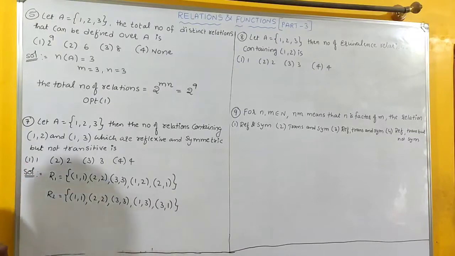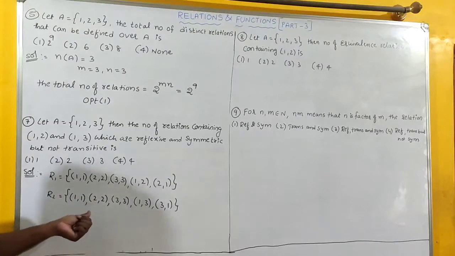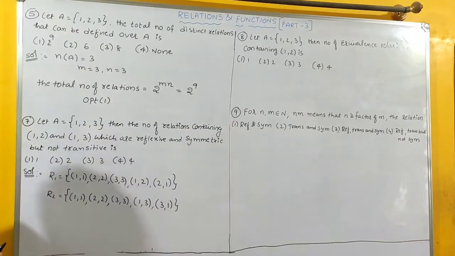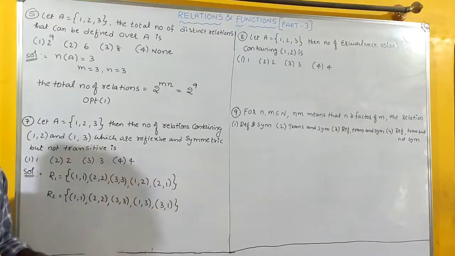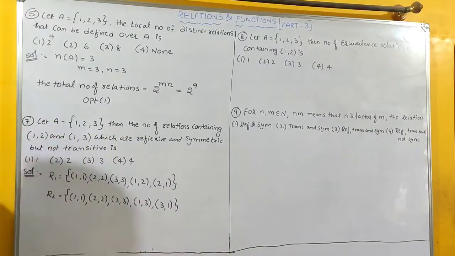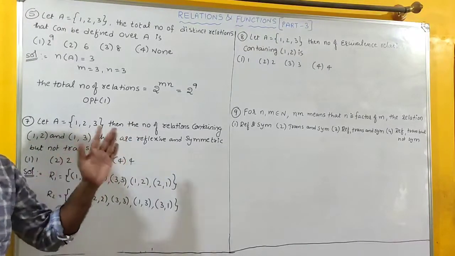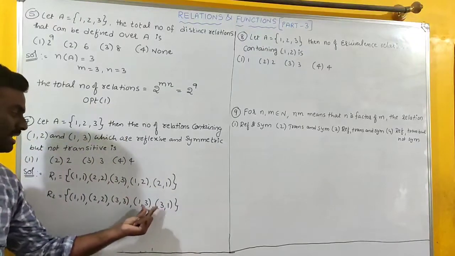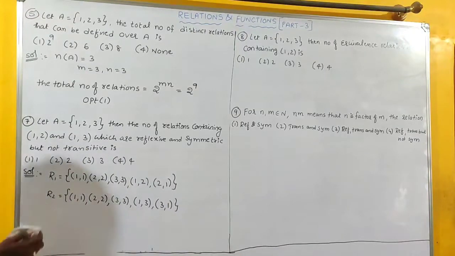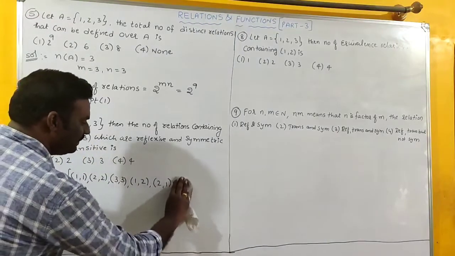Okay, this is reflexive. Why? Because (1,1) is there, (2,2) is there, (3,3) is there. If you take like this, this is reflexive and symmetric. This is also reflexive and symmetric. But in the question they have given that the relation contains (1,2) and (1,3). Here (1,2) is there, (1,3) is not there. Here (1,3) is there, (1,2) is not there. That's why I will mix these two in a single relation like this: